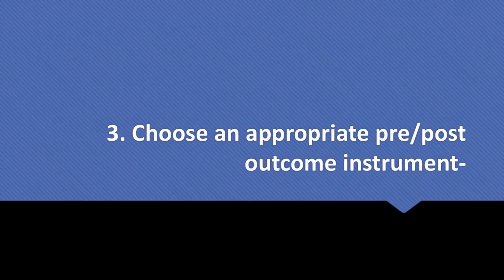Instruments need to measure what they're supposed to measure. The outcome instrument needs to be appropriate for measuring the type of change that you're assessing. An instrument that tracks the change in knowledge is different than an instrument that tracks the change in attitudes or behavior. And ideally, your outcome instrument should allow for pre and post measurement. That is, use the instrument before and after the intervention to see the impact of the intervention.